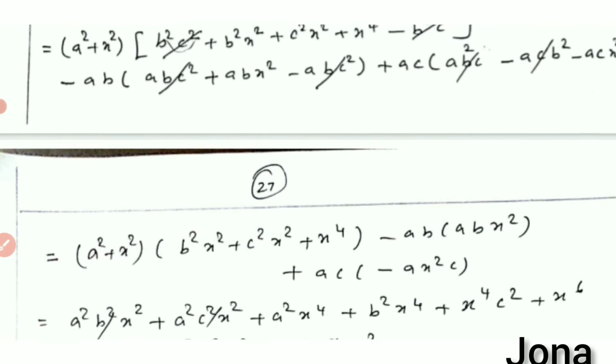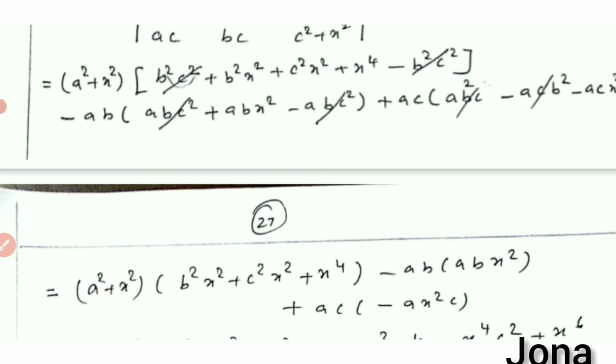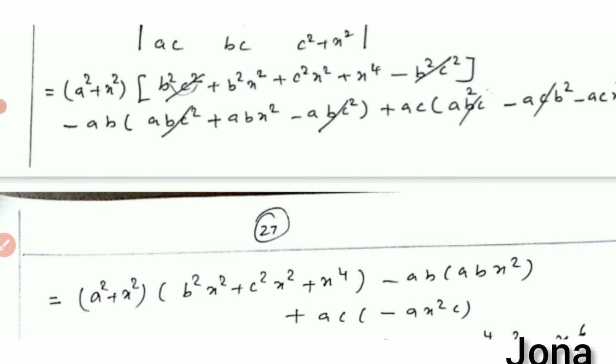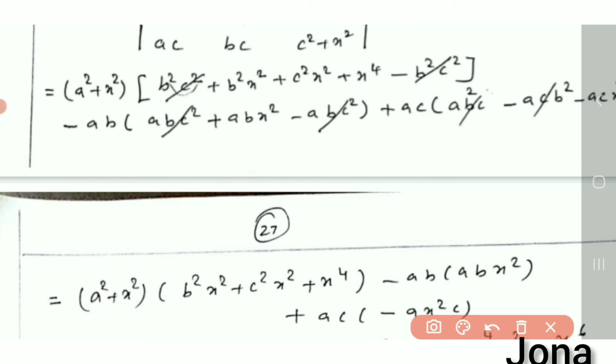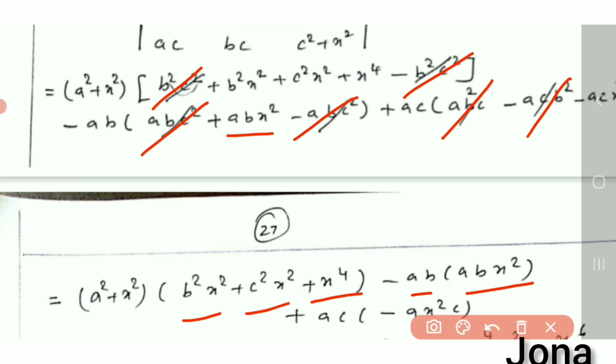So now I can take this simplification here. What are the things we had? This cancellation thing. We can see a square b square, and here also these two things will be cancelled. The remaining things we have b square x square plus c square x square plus x power 4. What about the next bracket here? These two will get cancelled. The remaining thing is ab x square into this ab. And then at the constant term here also these two will get cancelled. The remaining we had ac into a x square c.